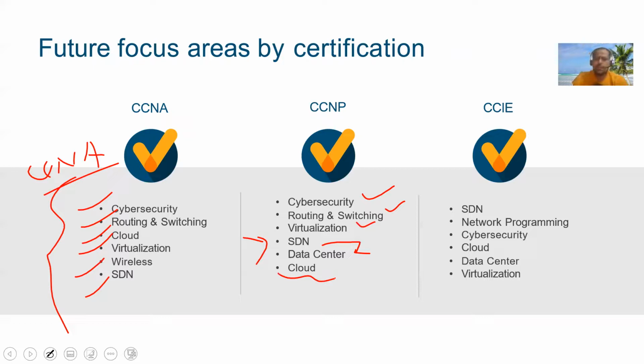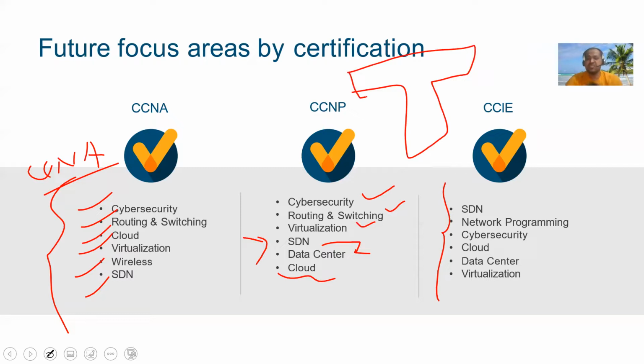Still, for CCNP, I will recommend that you should do CCNP core first of all. Then you can go and check the routing stuff. You have advanced routing inside CCNP. You can go and check CCNP in SD-WAN, CCNP in security, CCNP in wireless, in this order. Correct? Finally, coming to CCI, CCI is assumed to have one major area where you are creating the T. So suppose if you are doing CCI in security, you are very good in security. If you are doing CCI in data center, you are good in data center, like that. But you can see the order.